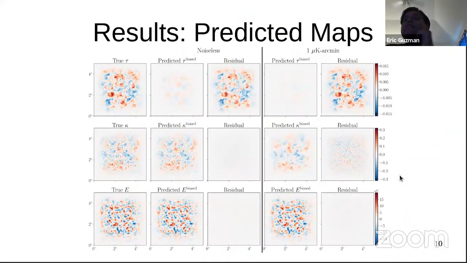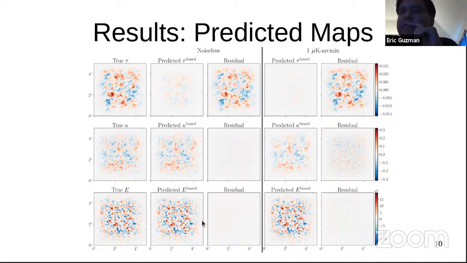And so here are the results from a fully trained model. So we input, as I said before, the Q and U maps, and the goal is to get these maps back. So the predicted for noiseless, which is no instrument noise. As you can see, for the tau, we are able to get a lot of the high level structure, but we still miss quite a bit. But the high level structure is there, and when we increase the noise, the reconstruction gets noticeably worse, but we still are able to reconstruct some high level features.